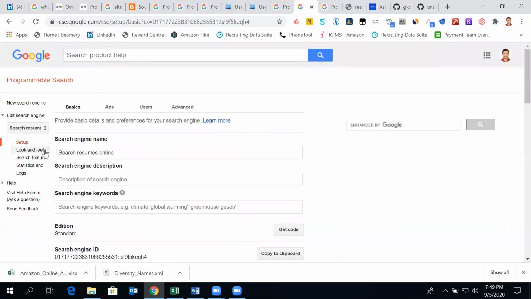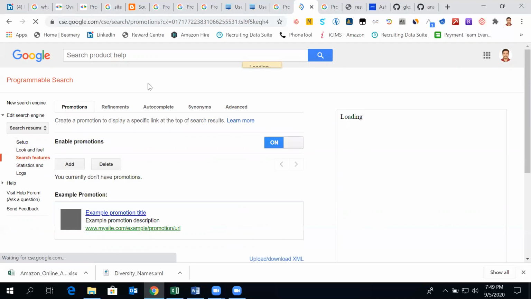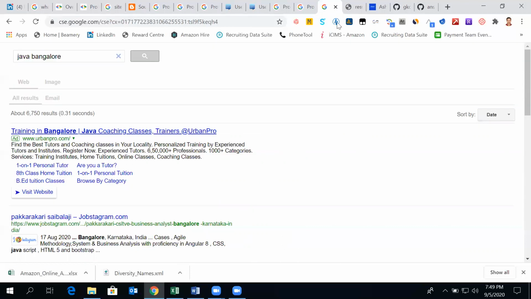We may also give additional features here, like refinements, 2 to 4 years, 5 to 10 years. All the refinements we can give you here. It's not given yet, but that's how it is.